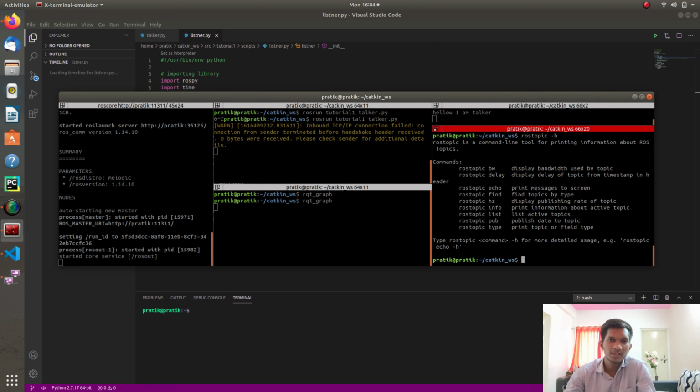Whenever you do a simulation, you should check at which frequency a particular node is working. You can specify that frequency, and if all these nodes work on the same frequency or the same loop time, there will be good code stability. So hz is very important.